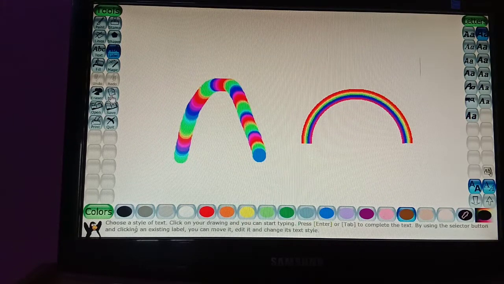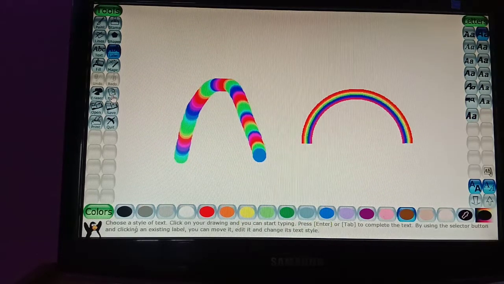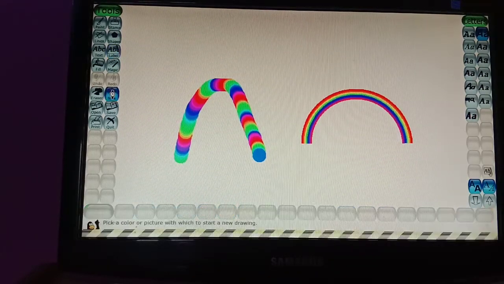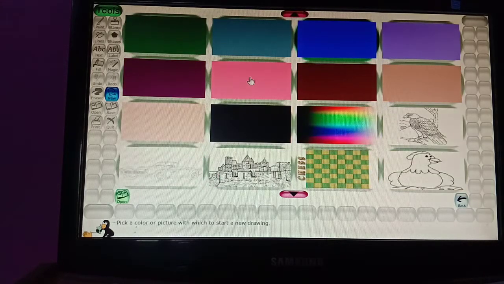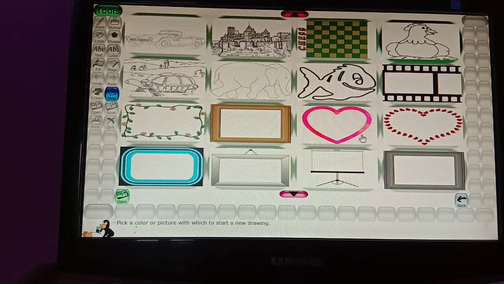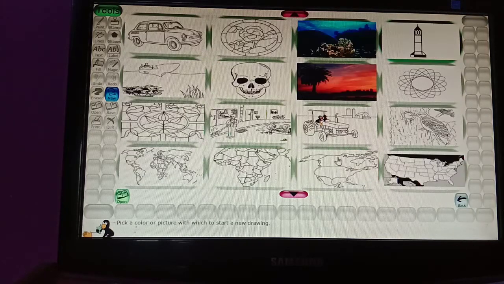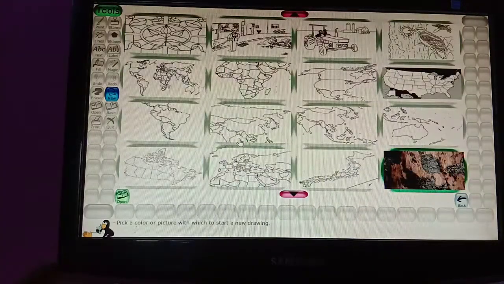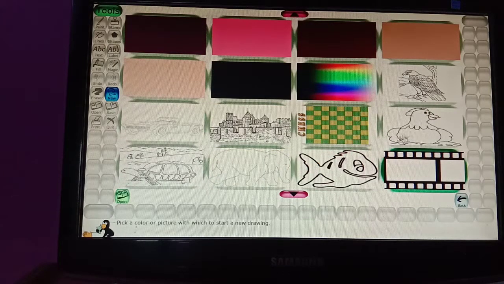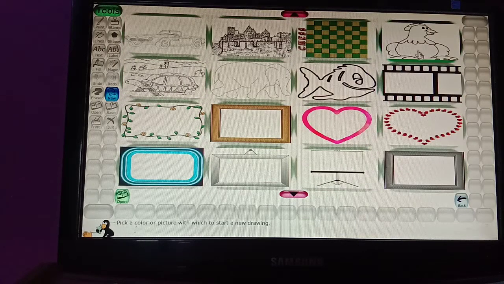And to open a new picture, a new page, when you want to create a new drawing, you need to click on the new option. As you click on the new option, these are the slides available, and you can choose any page. You can even choose the colored page. These are ready-made drawings. You can create your own drawing with the help of these drawings also. For example, let's take this hen.